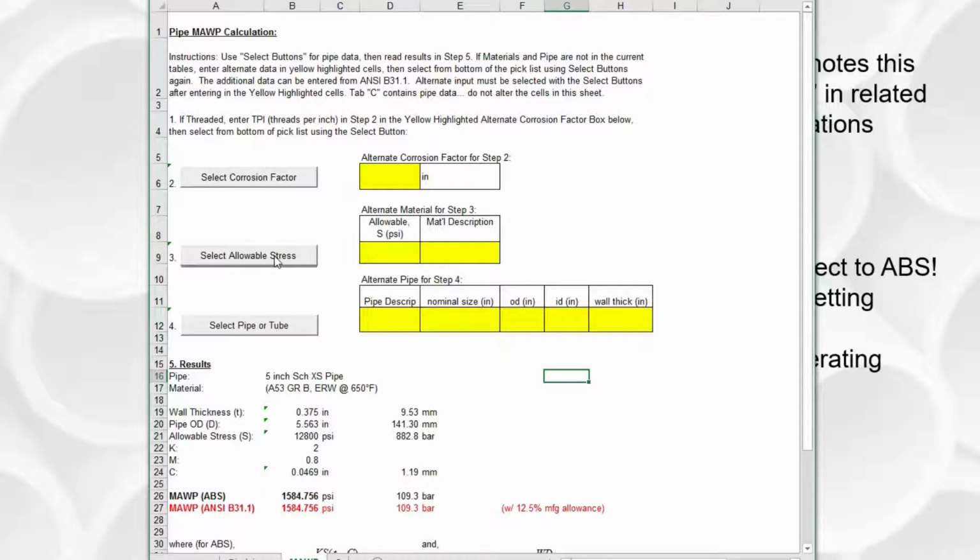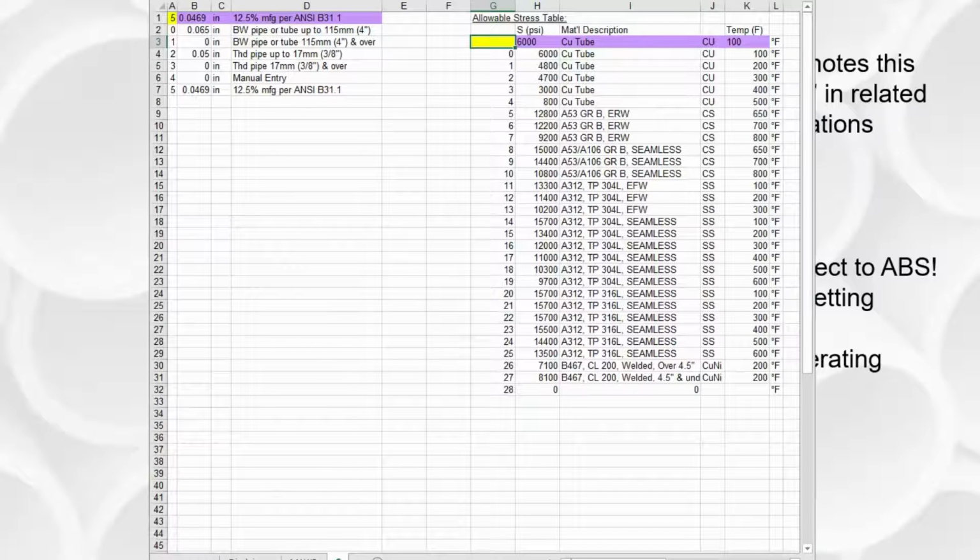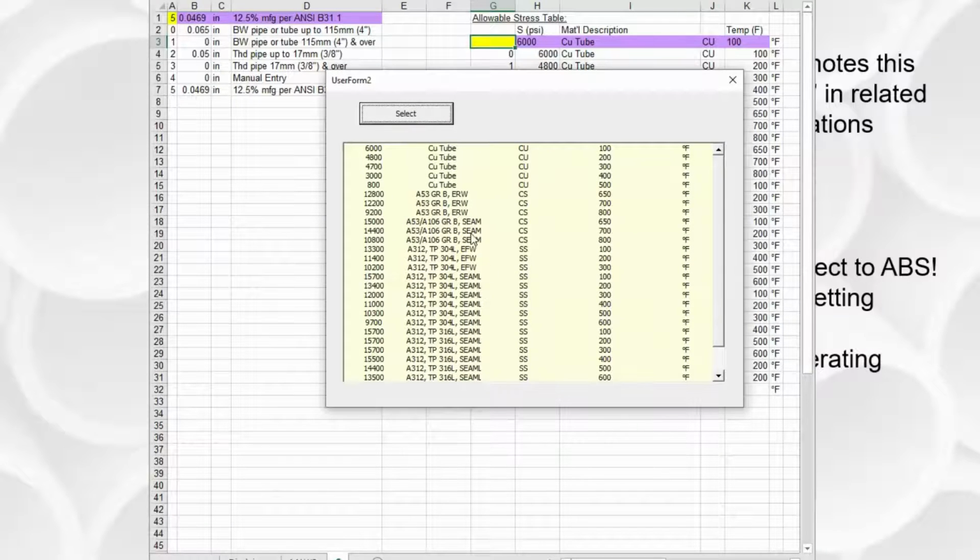So let's go to select allowable stress. We are going to look at carbon steel schedule 80 5-inch pipe, which would match the fire monitor discharge pipe that we had looked at on previous quick tips. If you do that, hit that select button, a little window pops up. We're going to look at A53 Grade B ERW. You could use seamless as well.